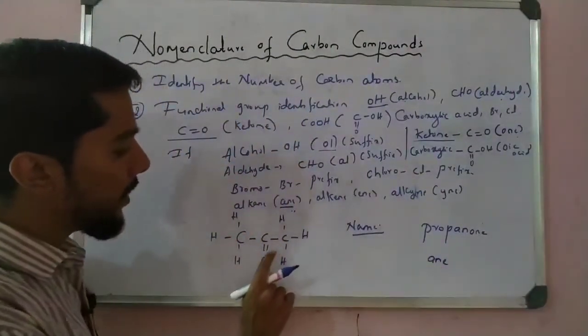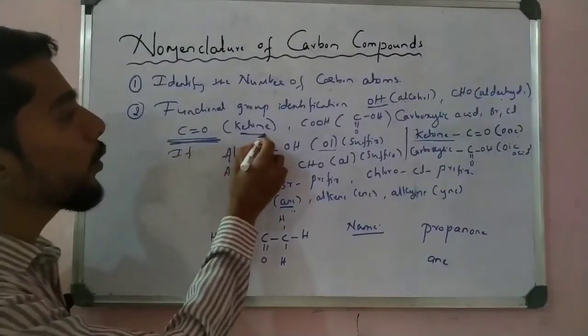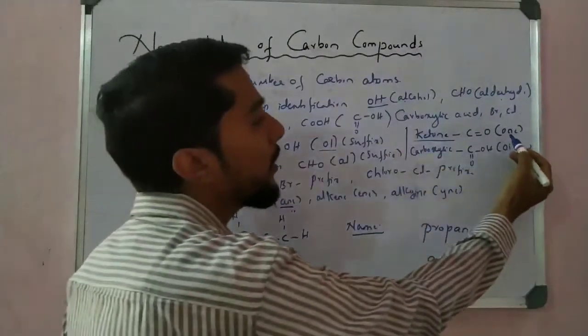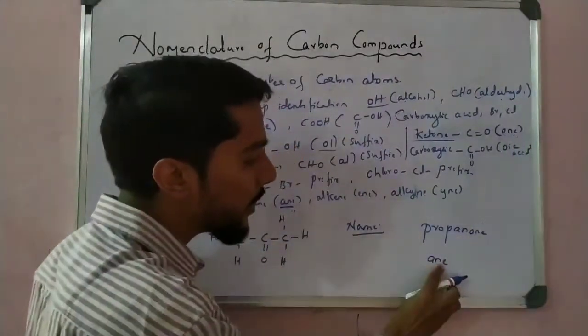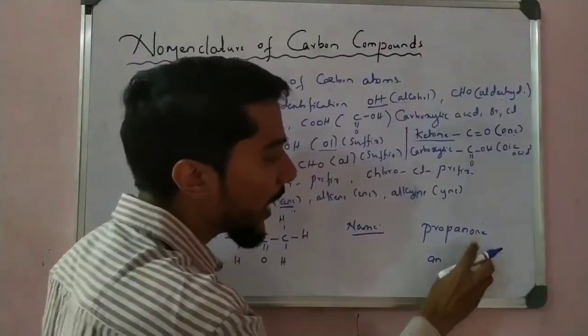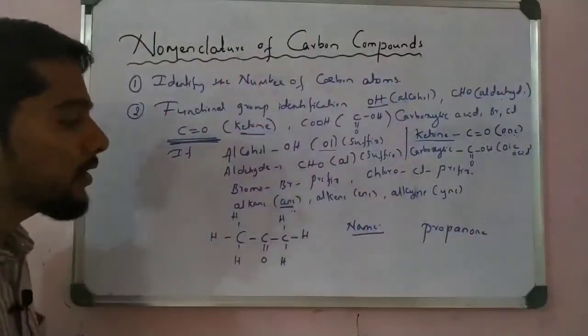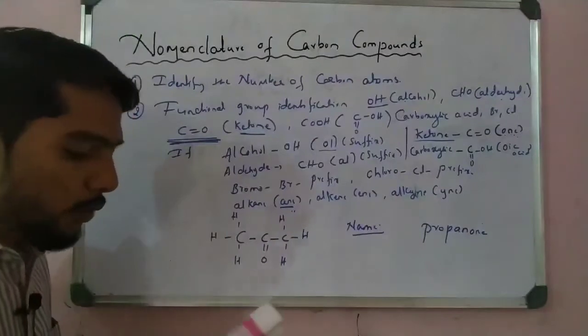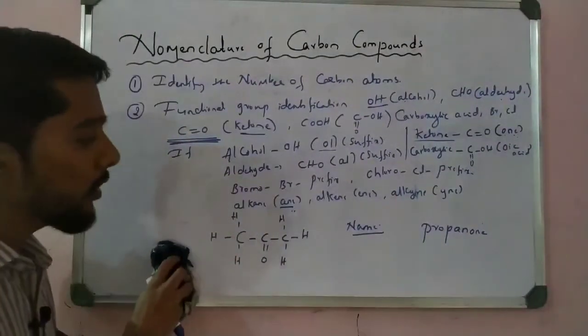And if I get the C double bond O functional group here, that is ketone. So ketone means in the suffix it is ONE. So how do I write ONE? By removing this E, in the place of E I can write ONE. So we call it propanone. Okay, this is one example, students. So I can take another example. I remove this one; pause the video and write down this one.